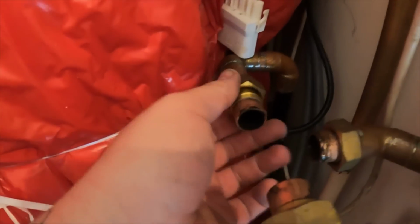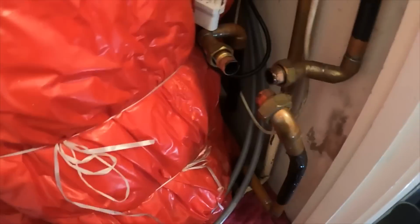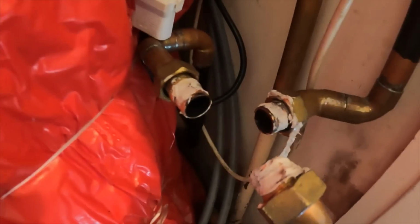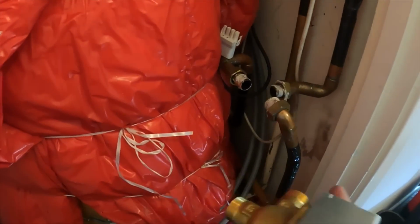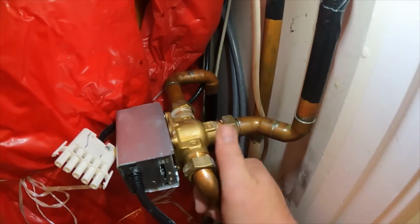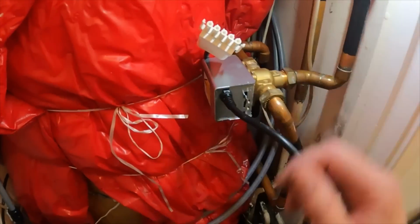And got the new one here. That's what I do, put a bit of paste around all these fittings, a bit of jet blue around them, and then pop the new valve back on. So there we go. I'll just slip this back into position. That's the new three-way valve on now, tightened up, water's back on, and what we've got to do now is